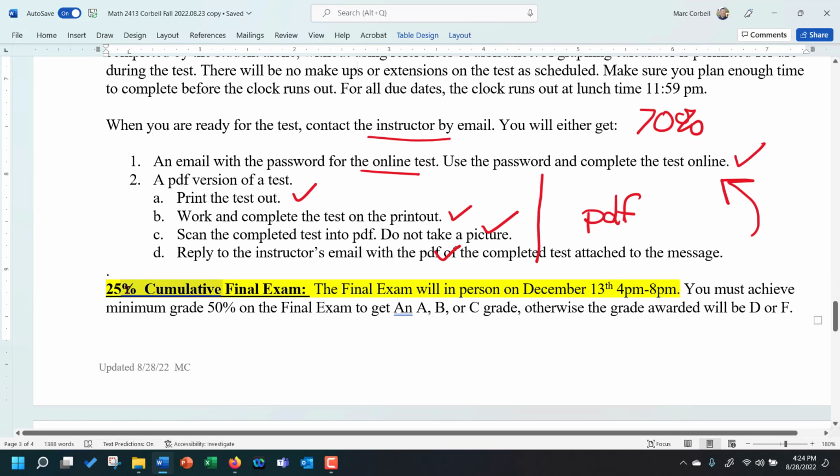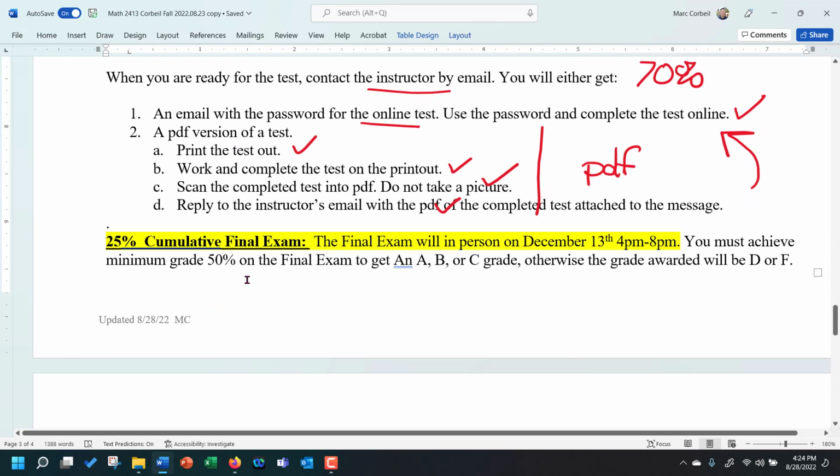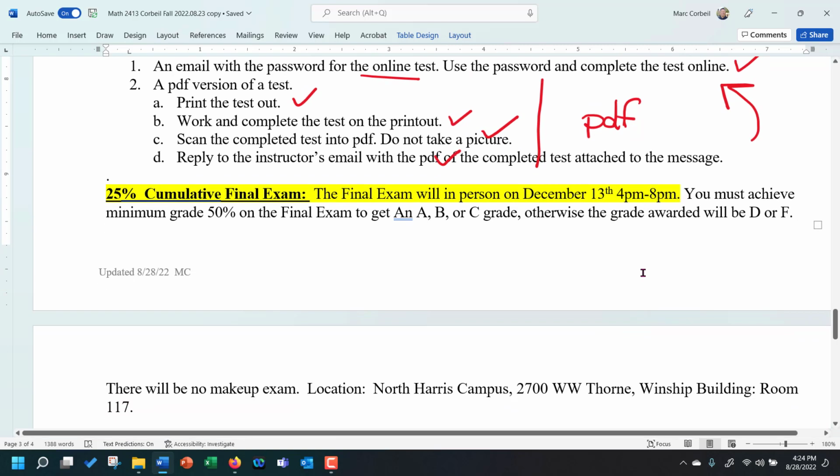The last thing is going to be your final exam. Your final exam is worth 25%. That is actually scheduled and offered in person primarily. So I'm encouraging you to do that. It'll be a lot easier for you to do that in person. It's a long test. It's cumulative, so it kind of covers from the beginning to the end. It's in a session in a classroom. It works really well to come in and do that.